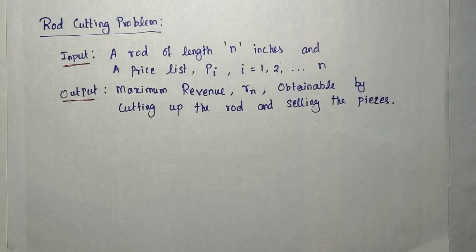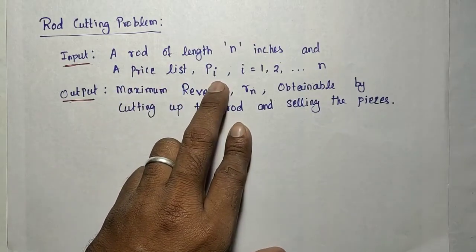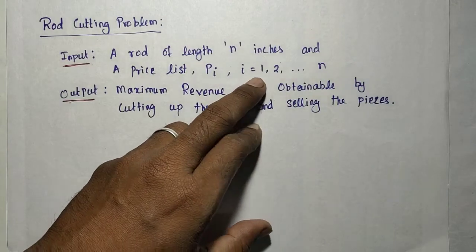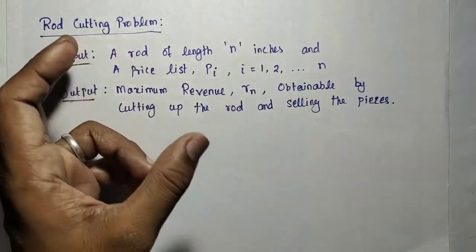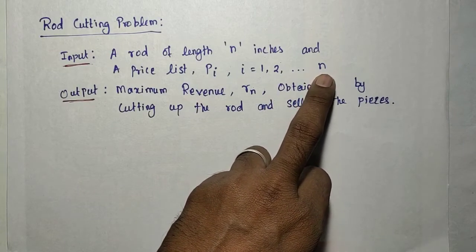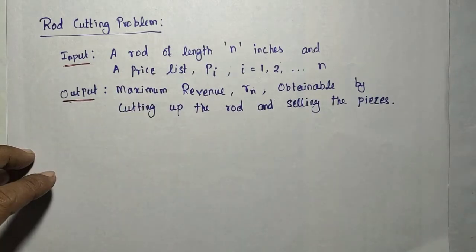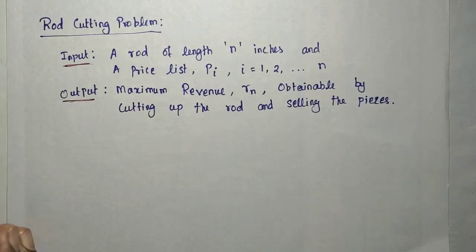An n-inch rod is given to you, and the price list is also given. The 1-inch rod price is this one, the 2-inch rod price is this one, like that. You can cut the rod and sell the pieces, and each piece's price is given. You have to find in which way to cut the rod to get the